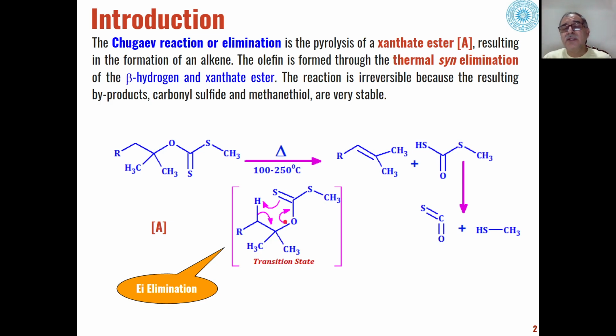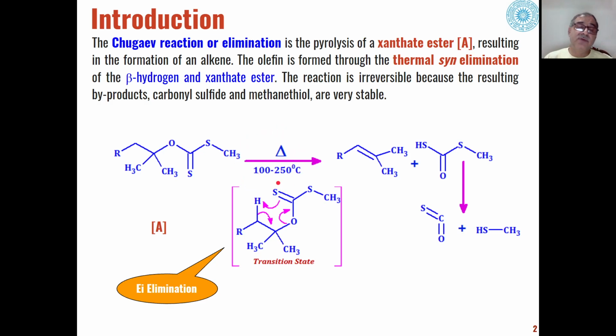And here the reaction is irreversible because the byproducts which are formed, carbonyl sulfide and methanethiol, are very stable products, and they cannot further react with the alkene to give back our ester. So this reaction is very important from